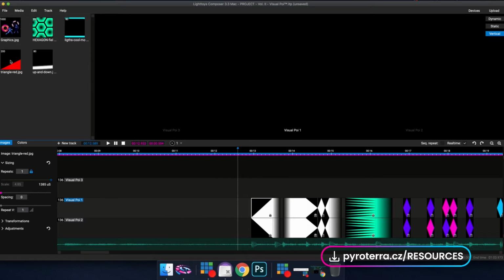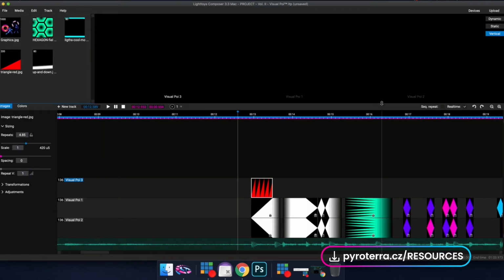My approach to this project was that I wanted to start with some bright white color. So I have placed this red triangle on the track, and as you can see, it's a little bit different. You can see more spikes, more peaks than this one. You can also see there is a little lock icon, which you don't see here, and there is a different color. So I'm going to show you all the handy settings in the edit pane